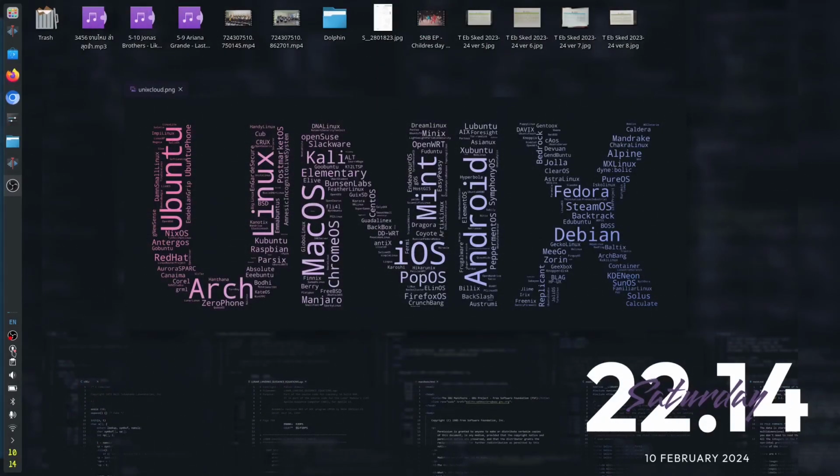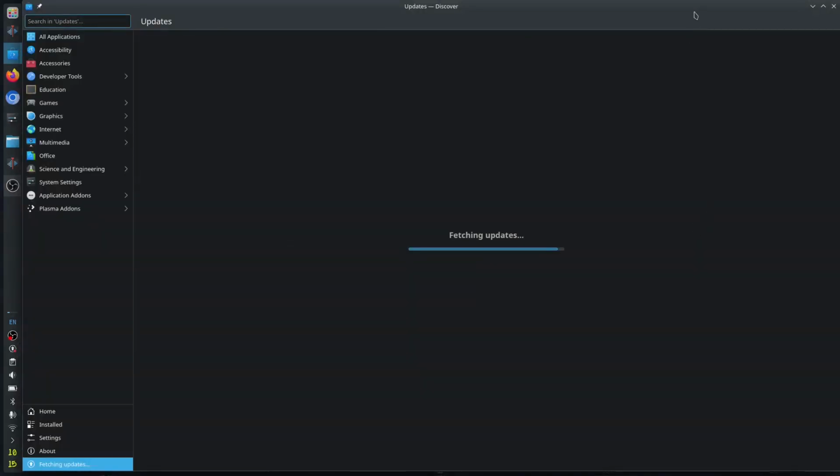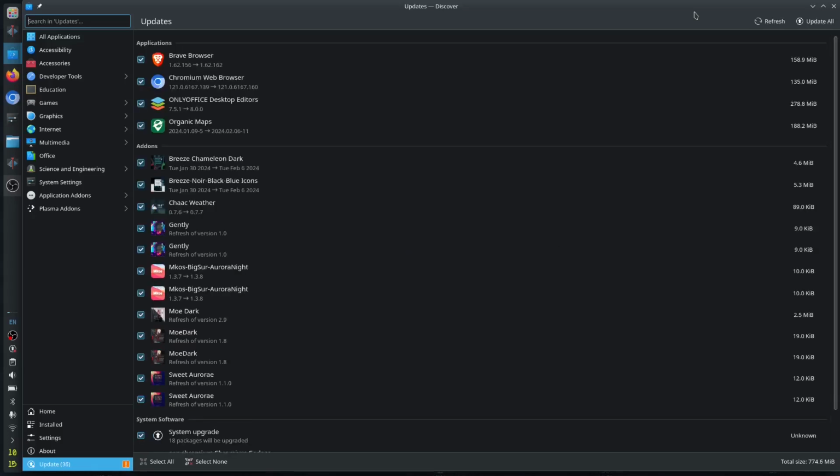Let me close that one. Let's go to this update. Let's open the update and see the update. It is fetching the updates. Let us see how much we have for this update. It tells me that we have a lot, but it is just a total of 777 point. No, it is changing, so it's still updating. It is now 77